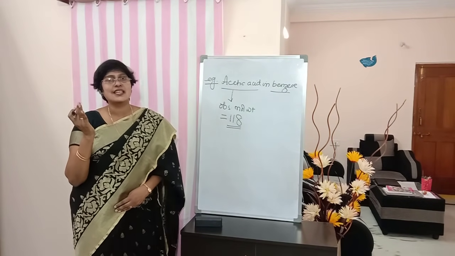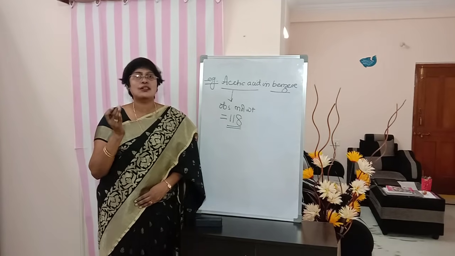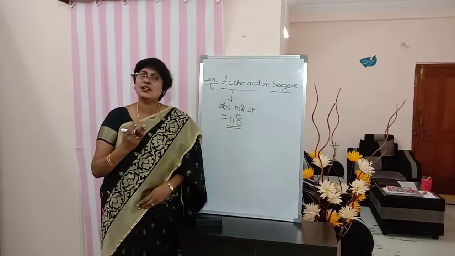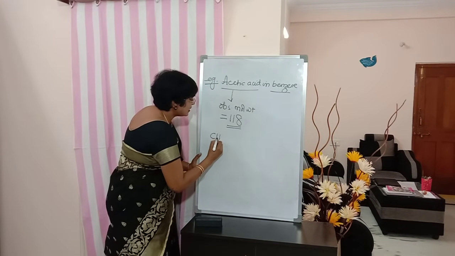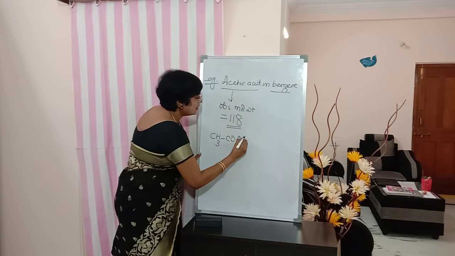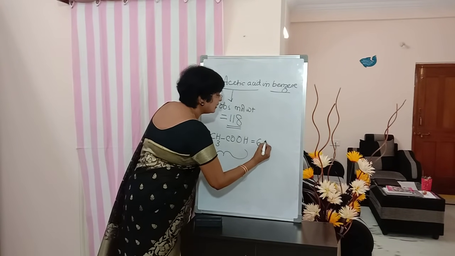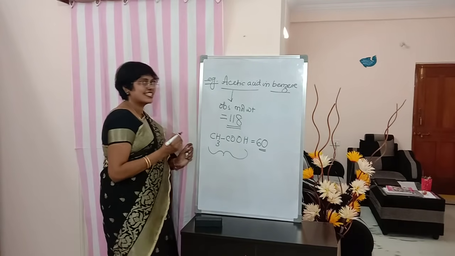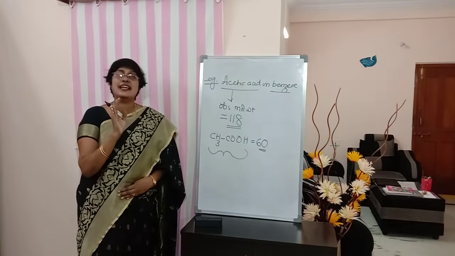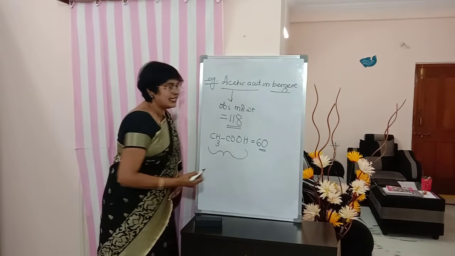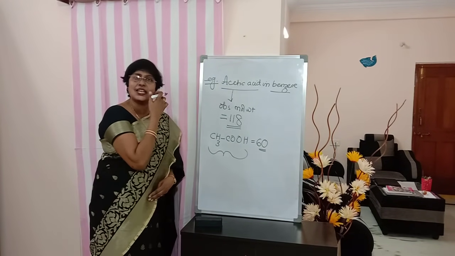To understand this, we should know the original molecular weight of acetic acid. So to know the molecular weight of acetic acid, what should we know? We should know its formula. What is its formula, students? Acetic acid is CH3COOH. So from the formula, if you calculate its molecular weight, it is 60. The original, that means when it is not taken in any solvent, its molecular weight is 60 calculated from the formula. Now acetic acid is dissolved in benzene.